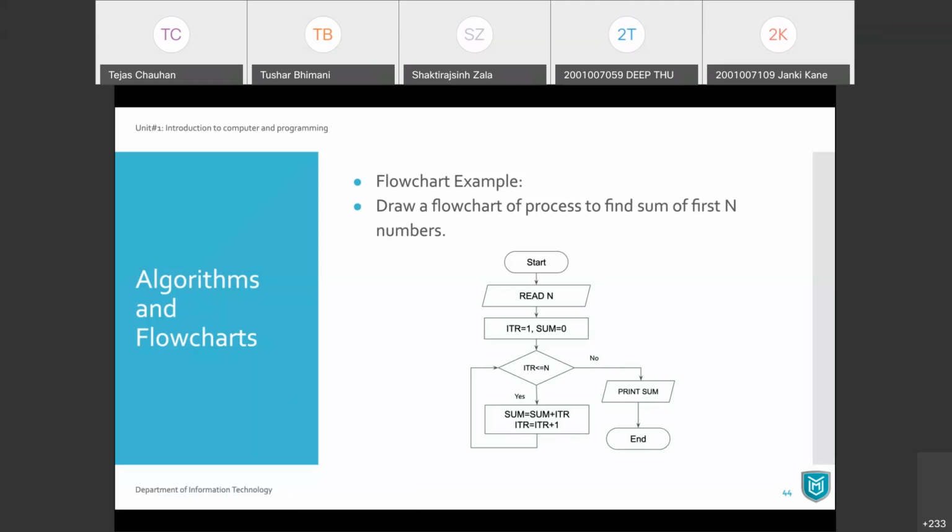Remember, algorithms and flowcharts are actually part of the analysis phase. When you analyze, you are going to dump everything that comes to your mind, and from that entire analysis you are going to find out certain steps. This is what I should perform. Those steps, if you represent in a graphical way, then it is a flowchart. If you represent in a step-by-step process, then it is an algorithm.